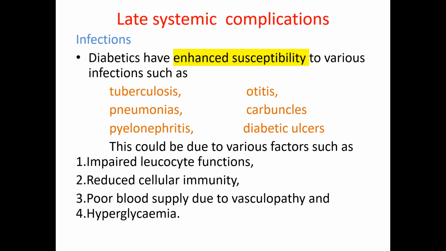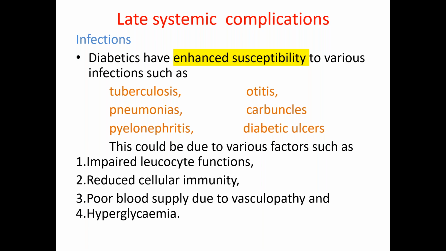development of granulomatous infections such as tuberculosis, and poor blood supply due to ischemia, vasculopathy, atherosclerosis of the vessels, or due to hyaline arteriolosclerosis. It may lead to tissue ischemia. Tissue ischemia makes the tissue susceptible to infections. So ulcers on the foot will not heal properly because of vasculopathy and neuropathy. The delayed healing of the diabetic ulcers, and also gangrene, are due to vasculopathy, and the hyperglycemia itself contributes